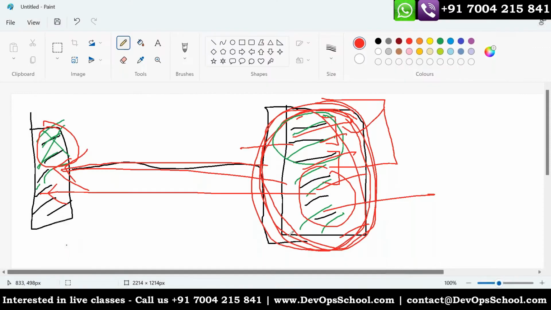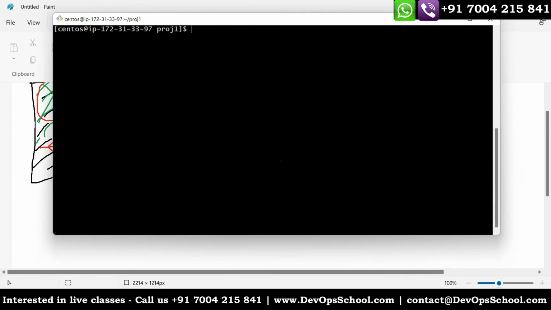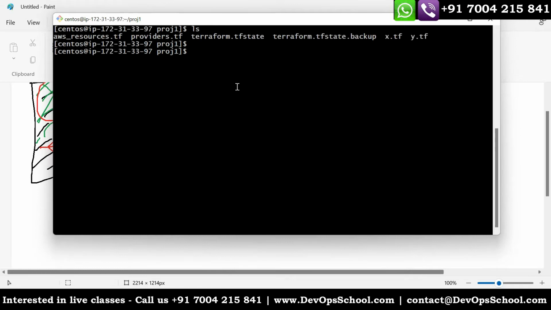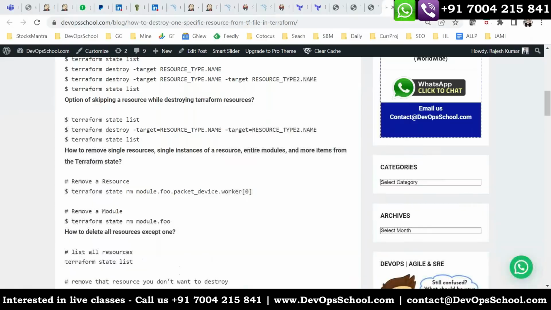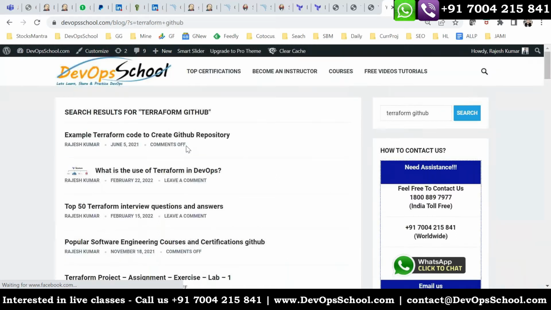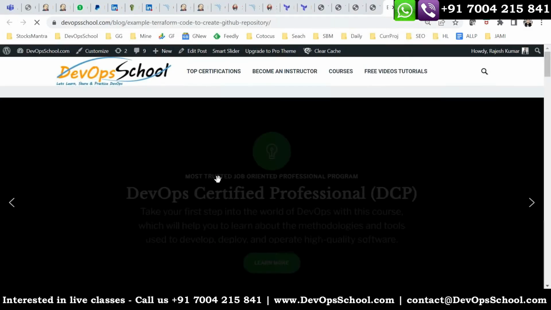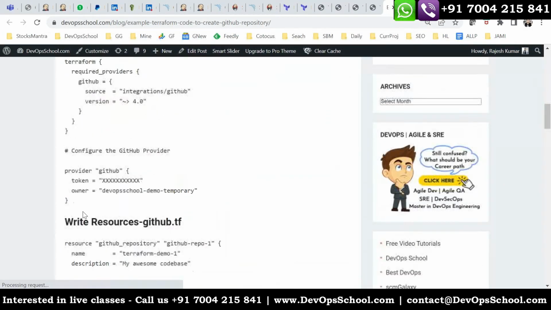Yeah. So guys, now quickly, I am going to add one more provider and resource just to show you the demo. In the interest of time, I'm going to copy the code. So here, Terraform GitHub. This is the code, I'm copying it.